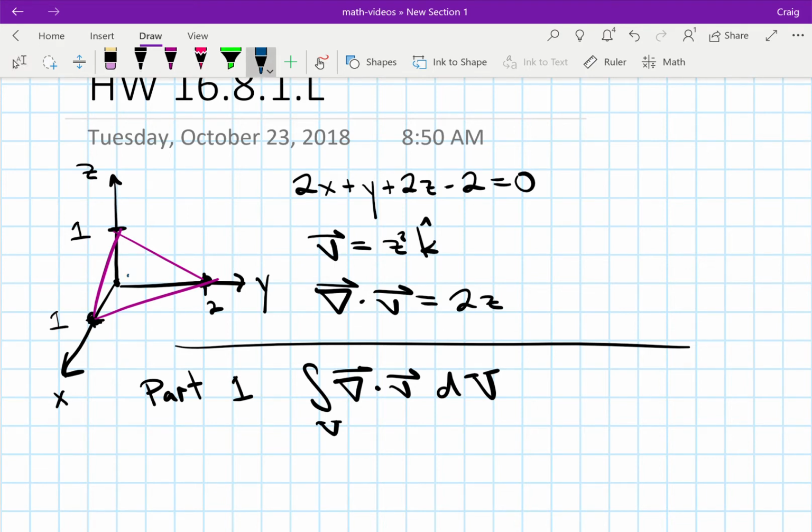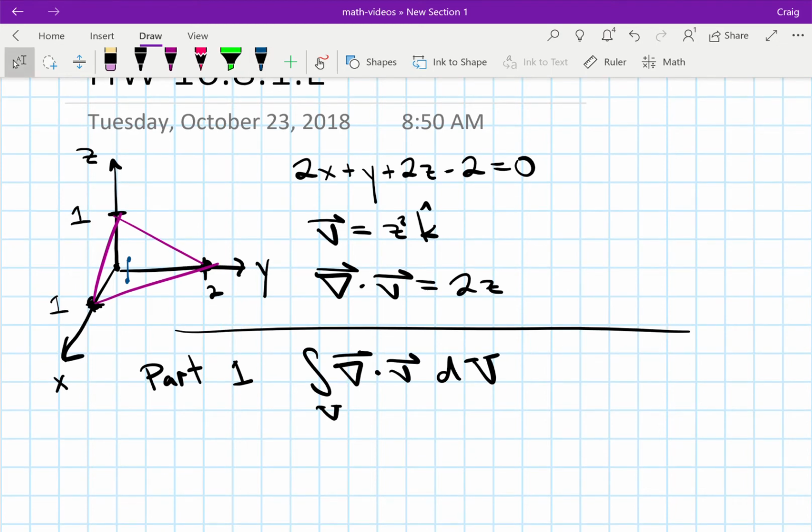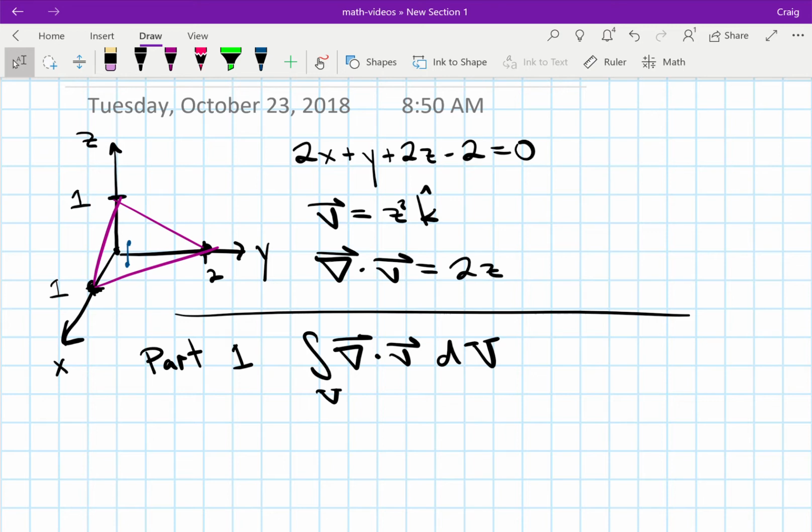So here's some point on the surface. Okay, so first I'm going to integrate over z for every x and y. Then I will integrate those integrals over y, and then finally over x. So x will be the outermost and z will be the innermost. So I need my limits, z max as a function of x and y. If I look at the equation for the plane, I'm just solving the equation for the oblique plane for z as a function of x and y. And so z max will be 2 minus 2x minus y